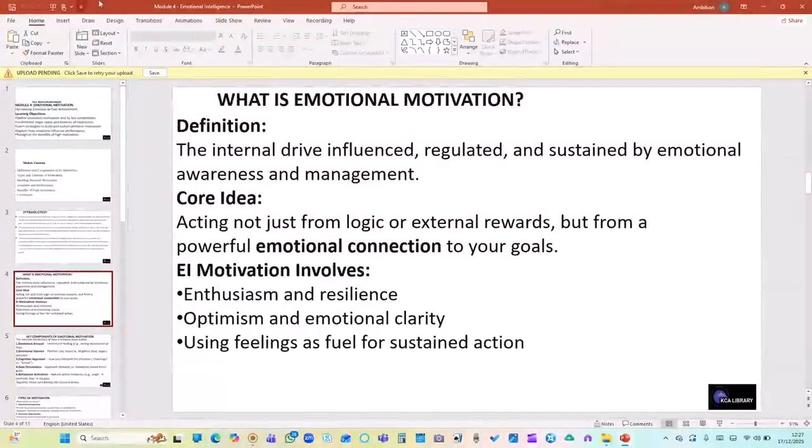What is emotional motivation? Definition. Emotional motivation is the internal drive influence, that is the internal drive influence regulated and sustained by emotional awareness and management. In other words, it is the inner force